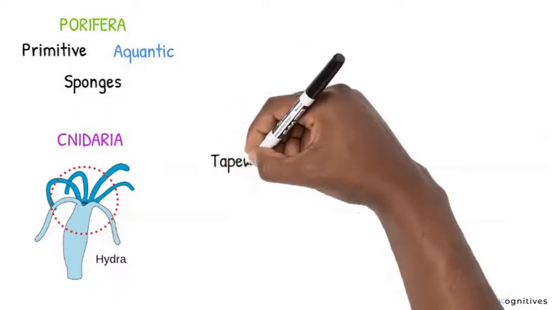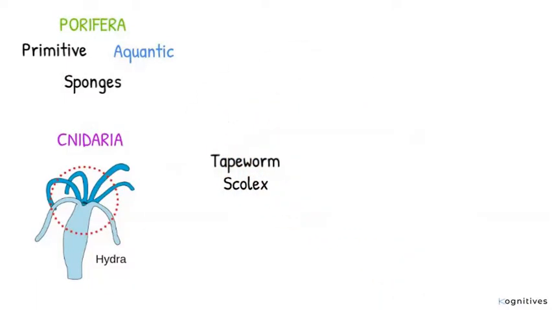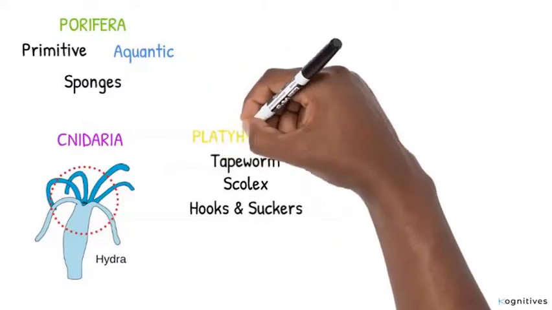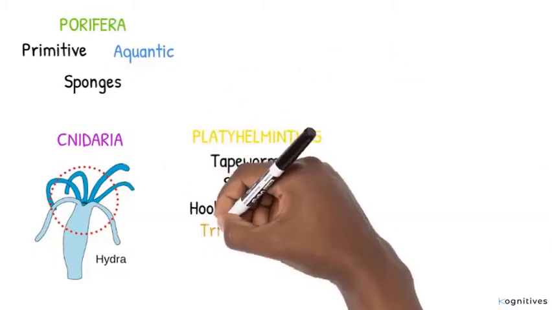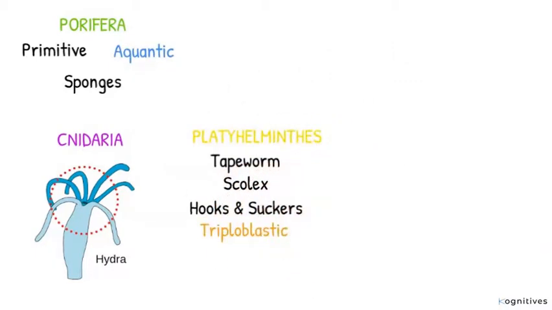The head of a tapeworm is also called the scolex. It bears the hooks and the suckers. But the tapeworm is not under the phylum Cnidaria. The tapeworm is under the phylum Platyhelminths, which are flatworms. These flatworms are triploblastic in nature, meaning they have three body layers. They are usually bilateral in their symmetry, so they can be split into two equal halves. They may be free-living, such as the planaria, or they may be parasitic, such as the tapeworm and the liver